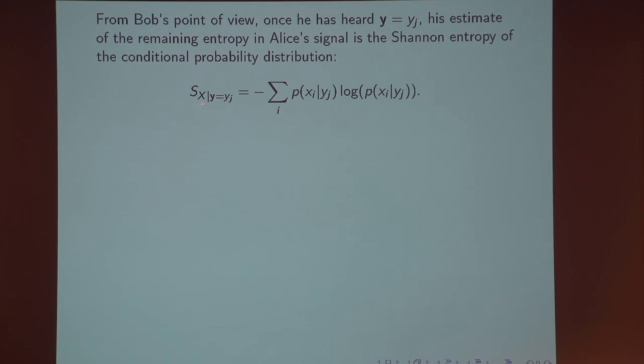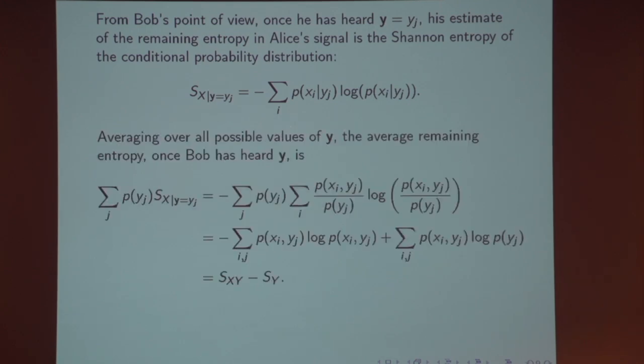So this is the entropy that Bob would attribute to Alice's signal once he's heard whatever he's going to hear. And the average entropy that remains in Alice's signal once Bob has heard y is simply obtained by averaging the residual entropy over what Bob might have heard. So if you sum over all probabilities of what Bob heard times the probability that he heard it times the remaining entropy,